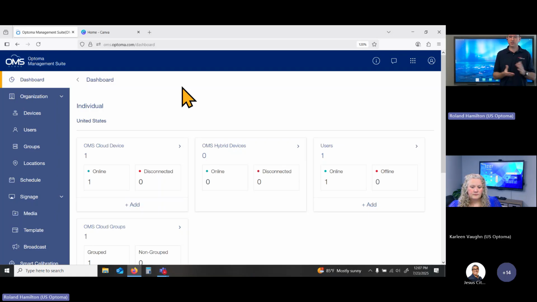So if you're not aware, Optoma offers two different direct view LED solutions, a 135 inch and a 163 inch direct view LED all in one solution. And with OMS, you can add all those device types. I'll say that